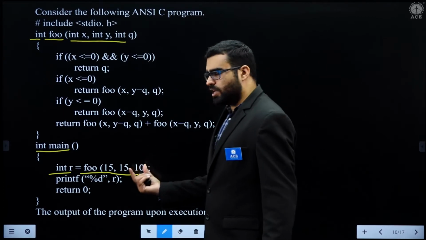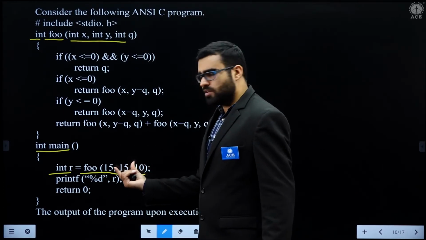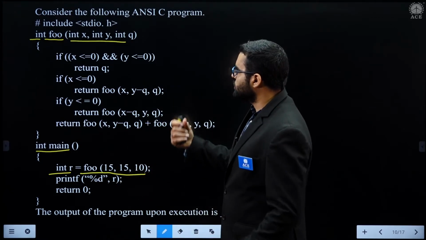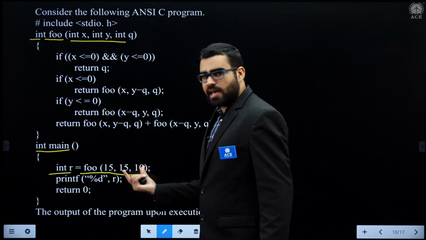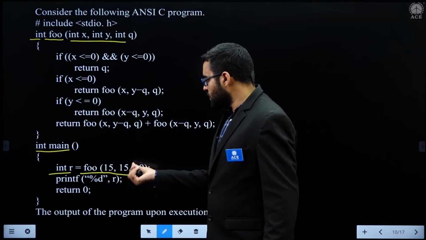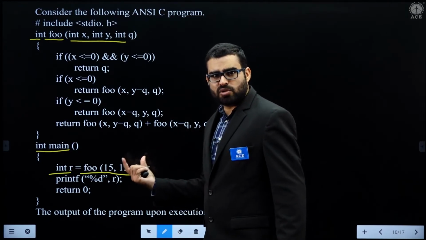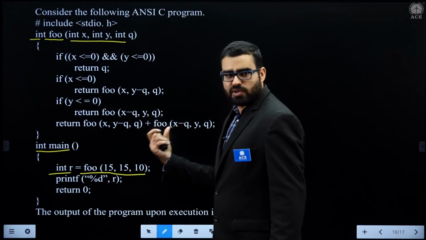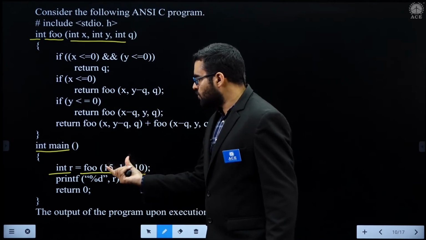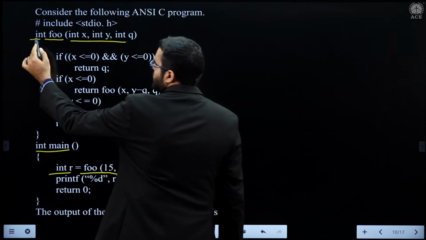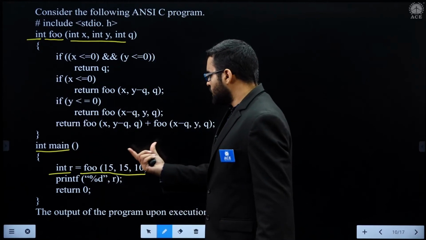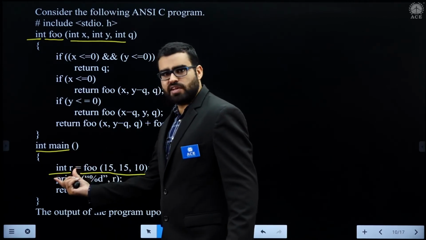We are calling this function foo with these actual arguments 15 15 10. The return type is int, so the return value is some integer value, and we hold that value in this variable r.